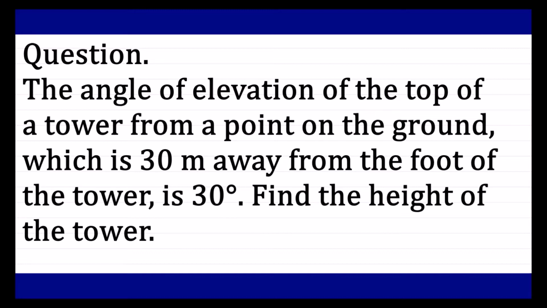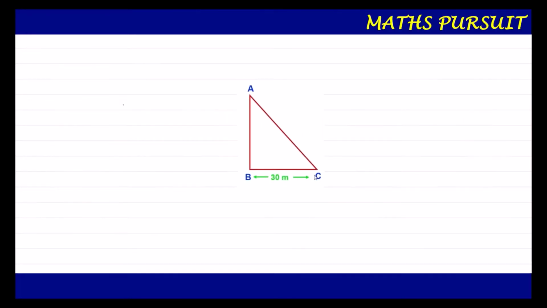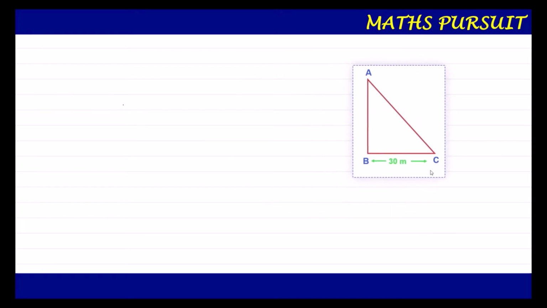So guys, these type of questions are really very easy to understand and very easy to answer. So let us first of all draw a tower here, or whatever is being given in the question. Let us first of all draw the diagram. Once we draw the diagram, then it would be very easy to answer these type of questions. So you could see that I have drawn a diagram here, of what is being asked in the question.